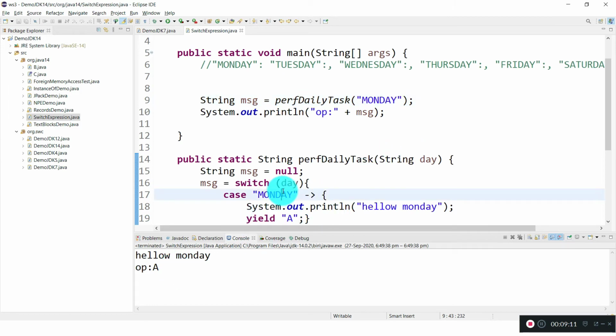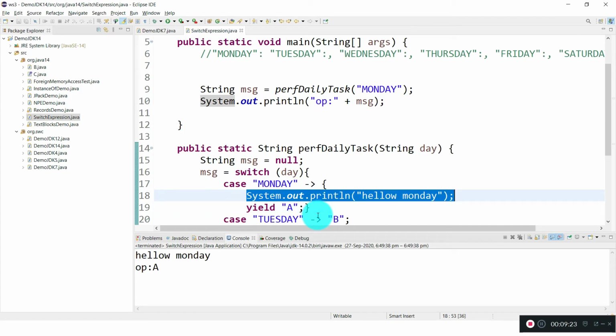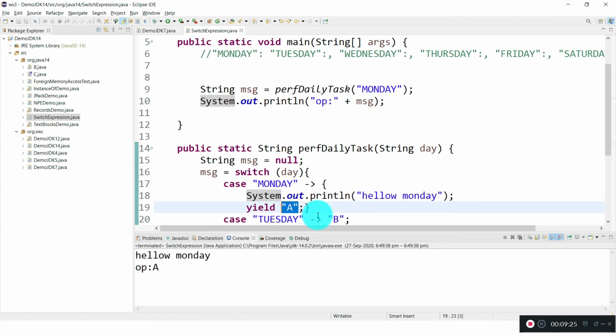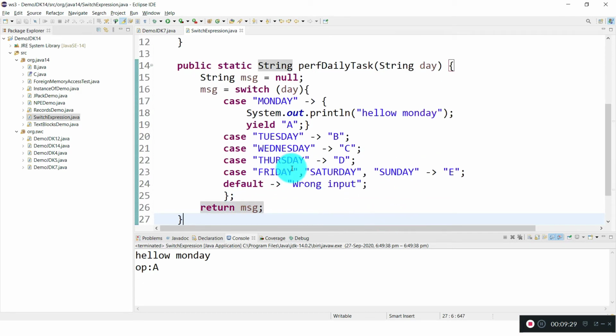And one more thing, as we discussed, I didn't keep any breaks in between cases. Break is not required in switch expressions. This line is printed and it yields A, so A is returned here. Let me run this one, Friday, Saturday or Sunday.